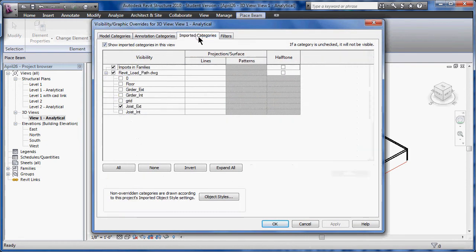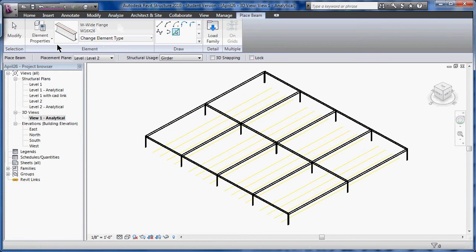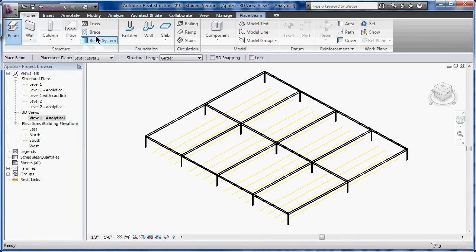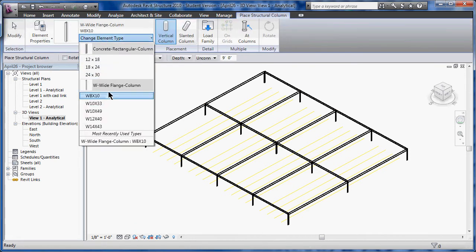And remember that our imported categories included everything, including interior joists. I'm going to point out now something about the interior joist. Instead of an element type, I'm going to go back to home and go with a truss system. But the truss system, you'll see, is based on whatever your current column is for many of these things. Some of them are pre-made, but if we change our element type now to,